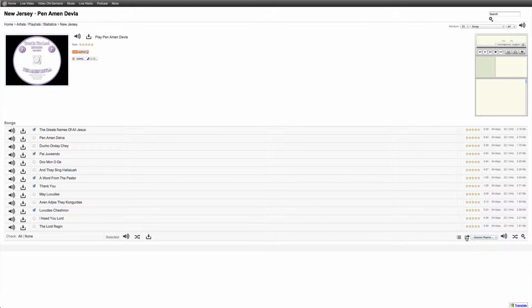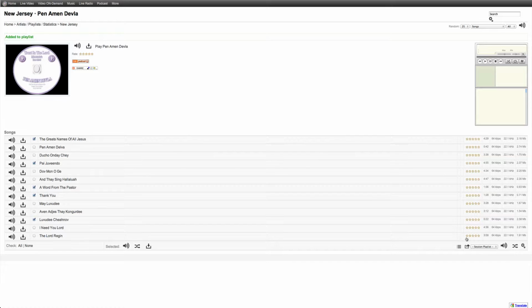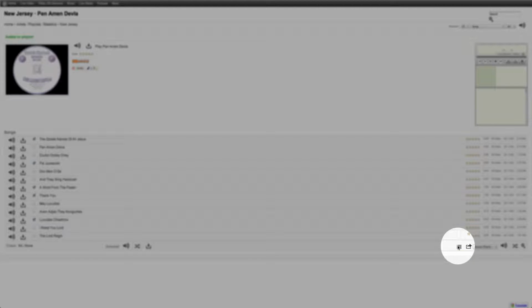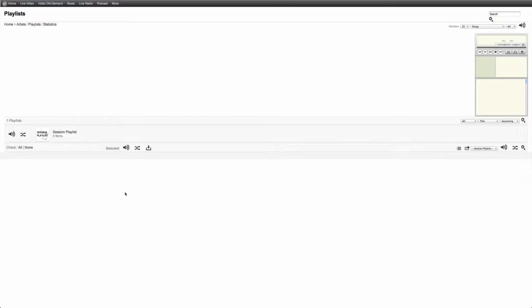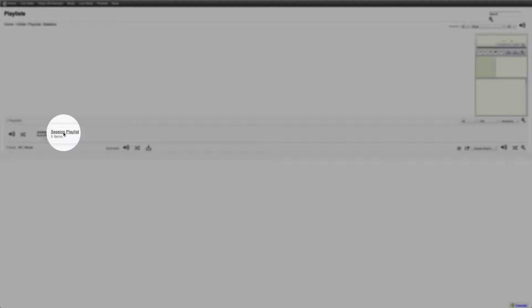So if you click this button, it says added to playlist over here in the top corner. Now, to get to your playlist from anywhere once you're in the music system, you would just press the playlist icon. And then this would be your playlist right here. You click on that,